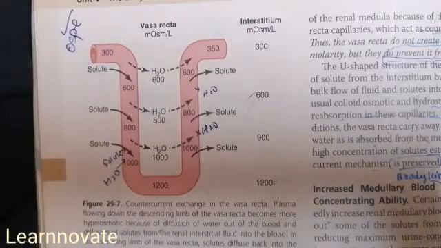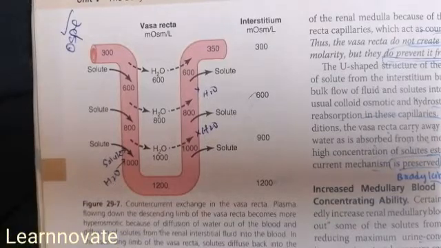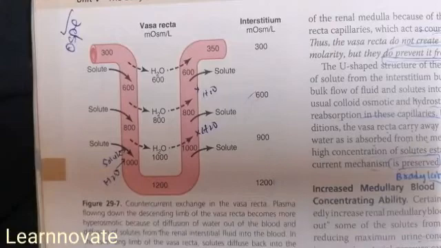In this part of the video, we are going to discuss the function of the vasa recta in the maintenance of the medullary interstitium. We have just discussed the chapter on the concentration and dilution of urine, and now we are going to discuss the maintenance of this hypertonic medullary interstitium. The role of the vasa recta is principally a blood supply to the medullary interstitium, looping around the loop of Henle. So how does it maintain it?